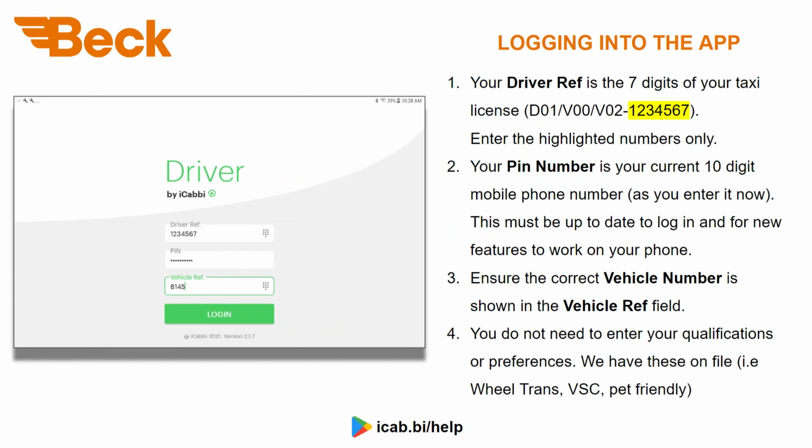Logging in. To log in, you will enter your driver ref, PIN number, and vehicle number. Your driver ref is the 7 digits of your taxi license. Your PIN number is your current 10-digit mobile phone number, as you currently enter it now when logging in. Your current mobile phone number must be up to date to log in, and for the new features to work